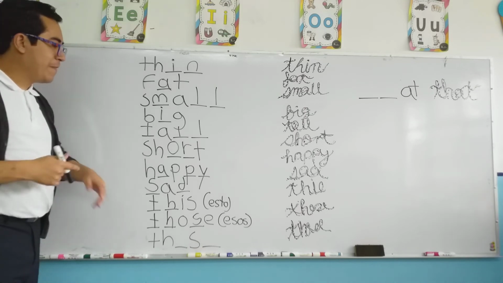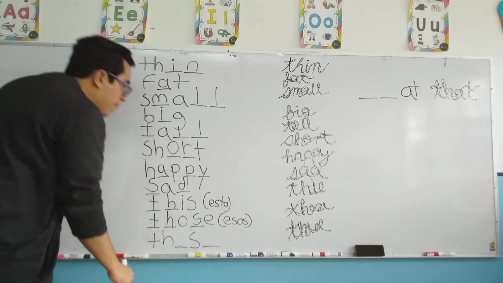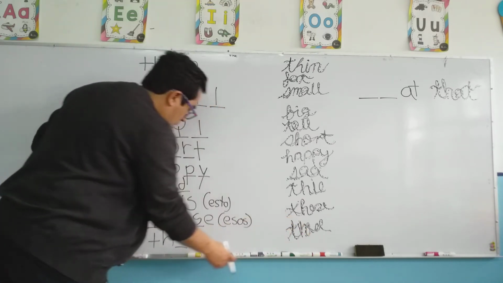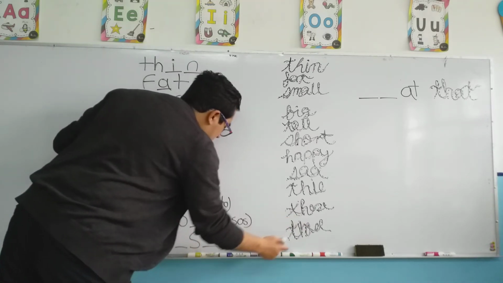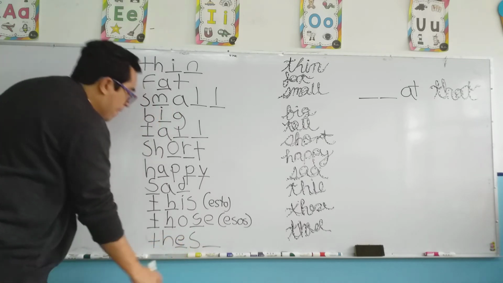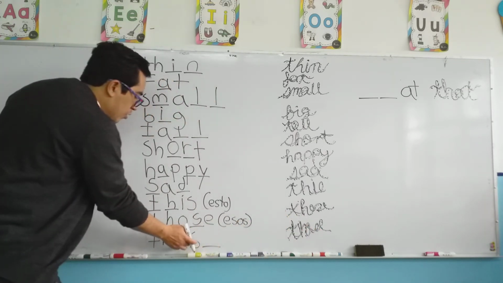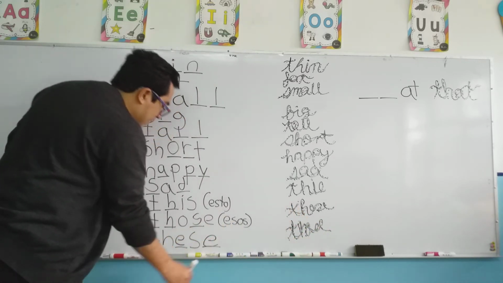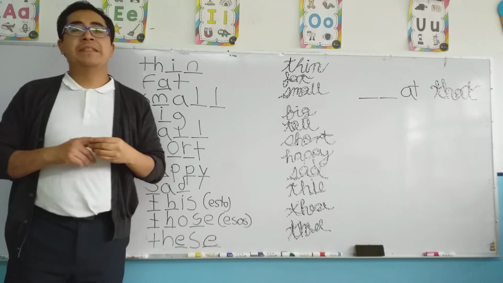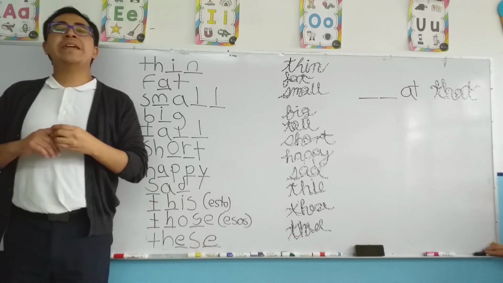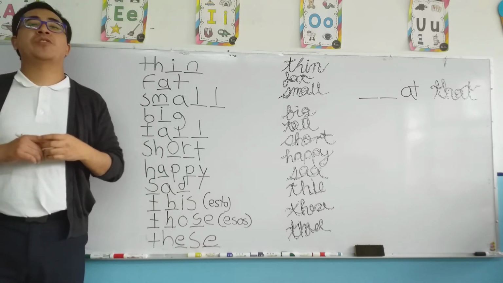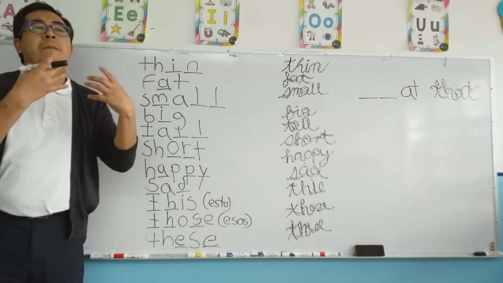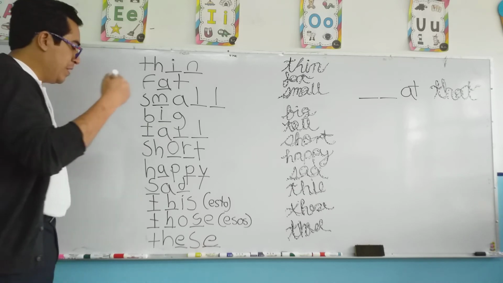Then we have this. For this, T of tomato, H of Hannah, E of Enrique, S of Susana, and E of Esperanza. And we have this. Now this is when we are referring to a group of objects that are near to us. This in Spanish,